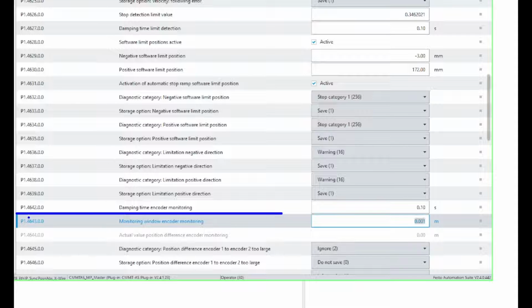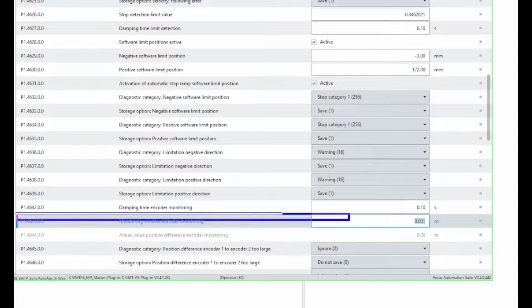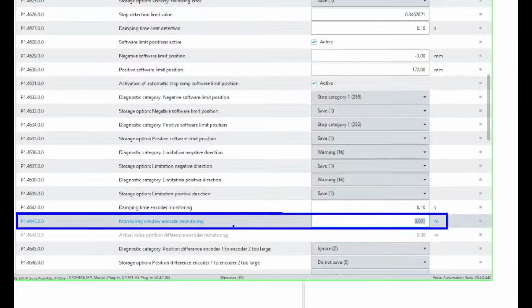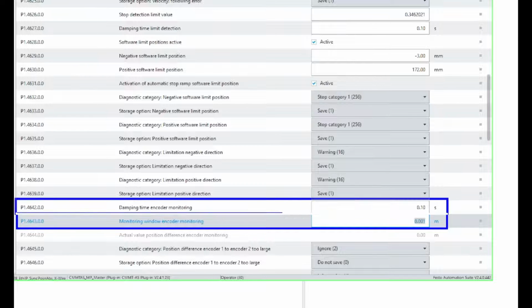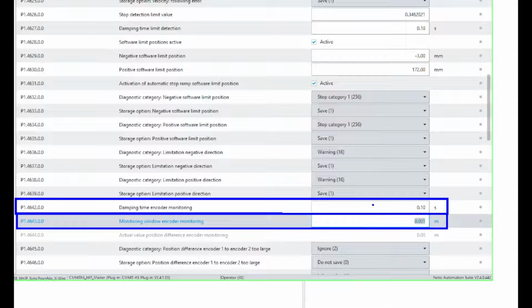We have this one right here, encoder monitoring window, which is in meters, and then we have this damping time, which is basically saying, hey, when I'm comparing the value of encoder 1 to encoder 2, what is my tolerance allowed in meters? So, 1 or 2 millimeters